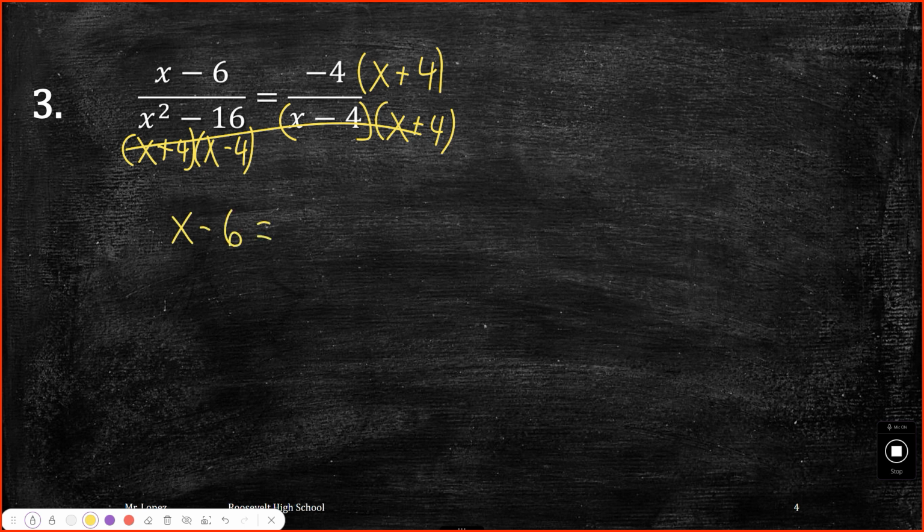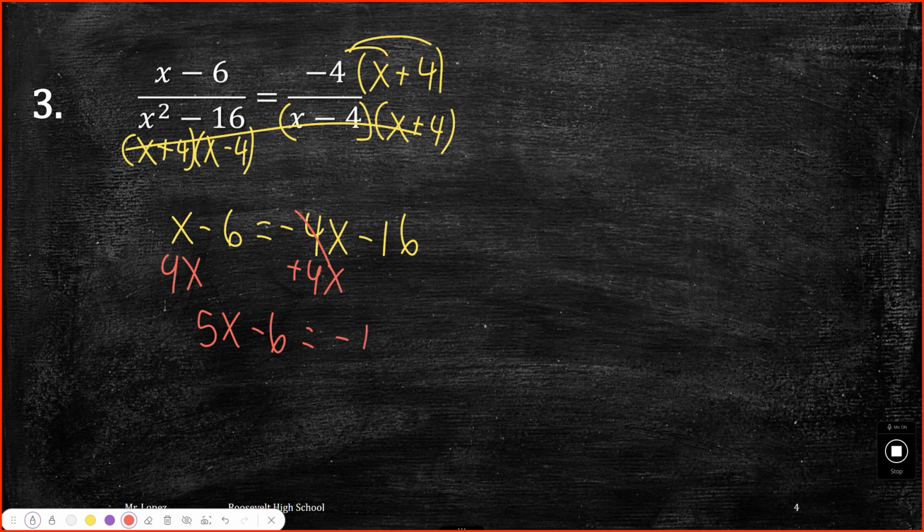X minus 6 equals negative 4x minus 16. And what would you want to do here? I don't want to see any negativity. I'm going to add 4x. Cancels out. So this is going to be what? 5x minus 6 is equal to negative 16. Add 6. Add 6. So we're going to get what? 5x equals what? Negative 10. Divide both sides by 5 and you get x equals